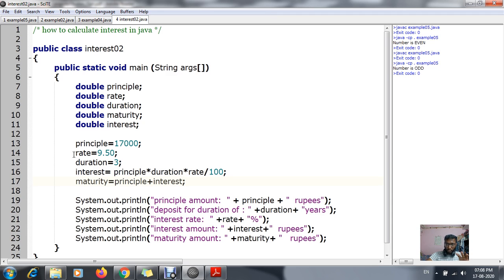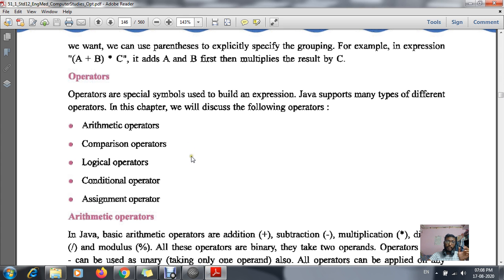Questions might be asked in a twisted format. They can ask, from the following which one is the arithmetic operator, and they will be giving an equal to symbol, a division symbol, then an and symbol, and any other symbols, and from there you have to give the perfect answer. As I told you, arithmetic operators will be addition, subtraction, multiplication, division and modulus. These are the best examples of your arithmetic operator.